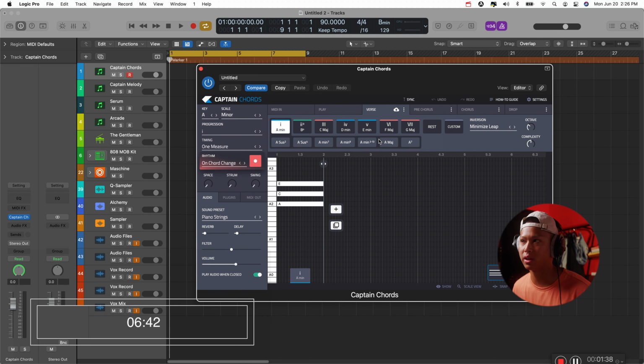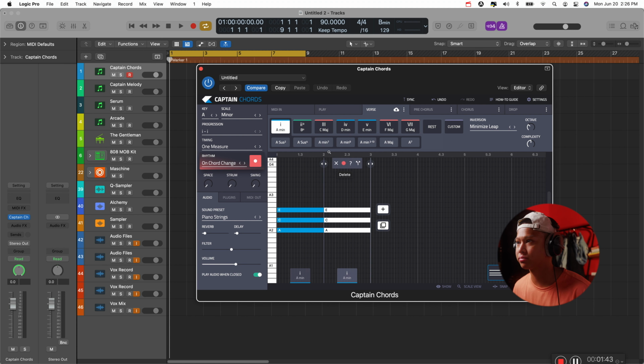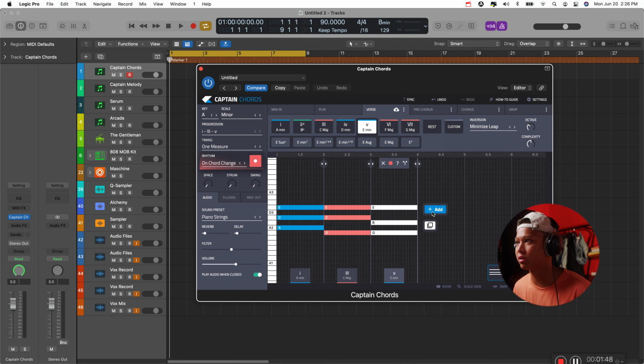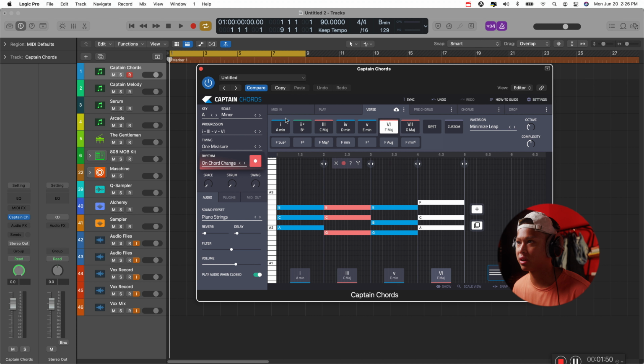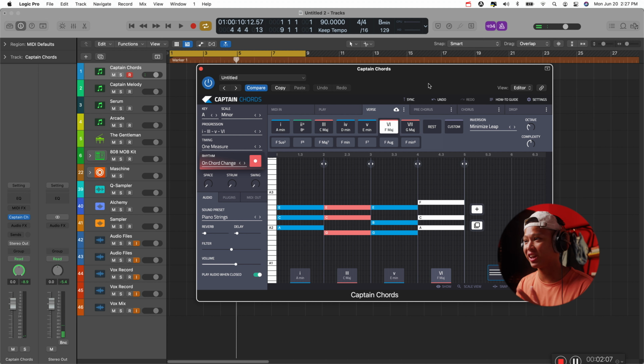So for example, if I'm in the A minor scale, all of these chords that they show are within that scale, and I can just quickly mess around and try to find a chord progression that works, and it will work in that key. So as you can see, that took literally like 3 seconds. It gave me a nice 4-chord progression that I can work with and just kind of build off of.